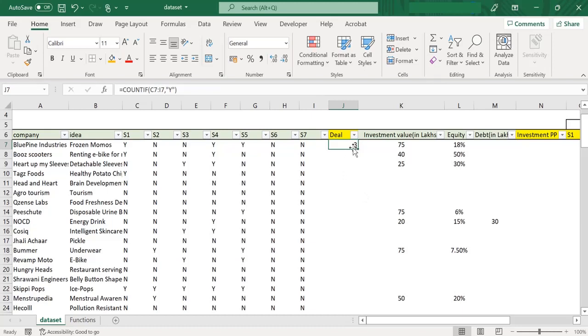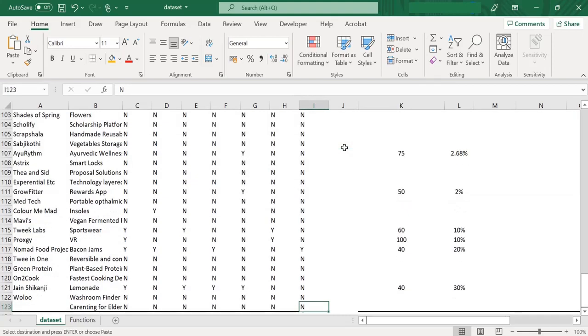Now we need this data in our entire data range. So I will copy this and then go towards the end of this data range by pressing Ctrl and down arrow. Now this data is present in the J column, so I will press Ctrl, Shift and up arrow.